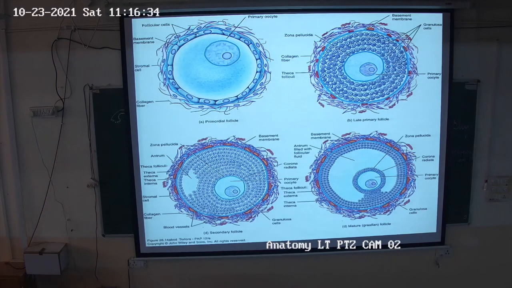Okay. Then during ovulation, the primary oocyte undergoes the complete first meiotic division. Okay, it is diploid right now, then it will undergo first meiotic division. It is an unequal division. Most of the cytoplasm is taken by the secondary oocyte, and the smaller cell is the first polar body that is given off. Okay, now in this stage, secondary oocyte has haploid number of chromosomes and it is arrested at the metaphase stage.